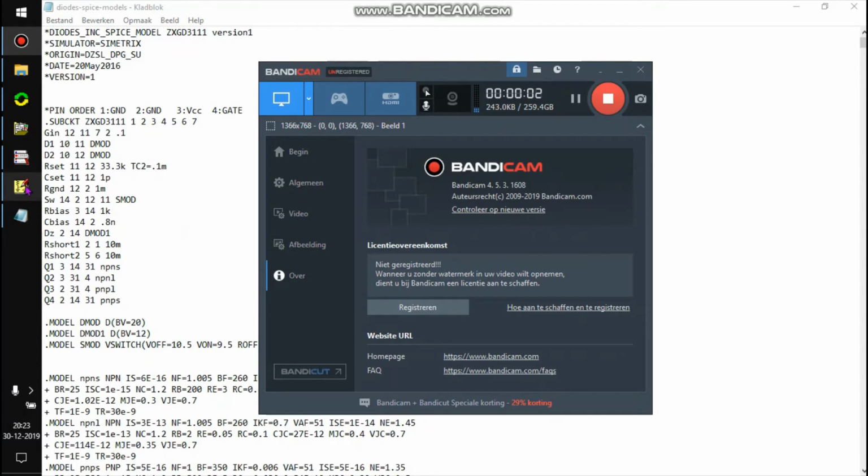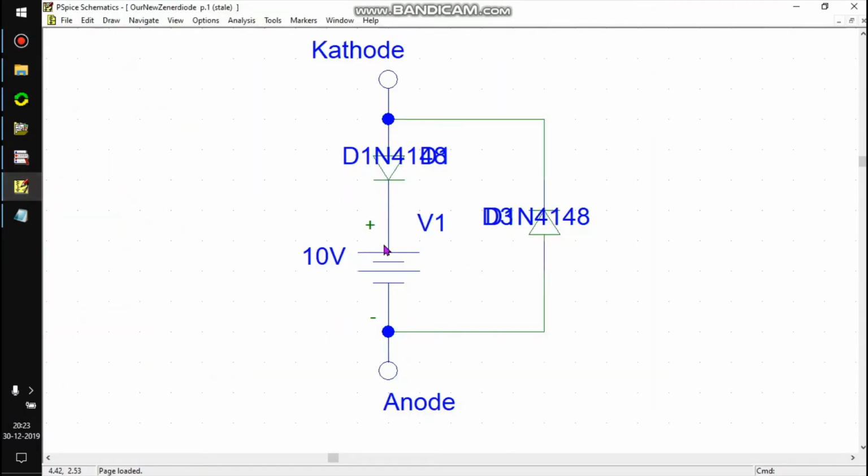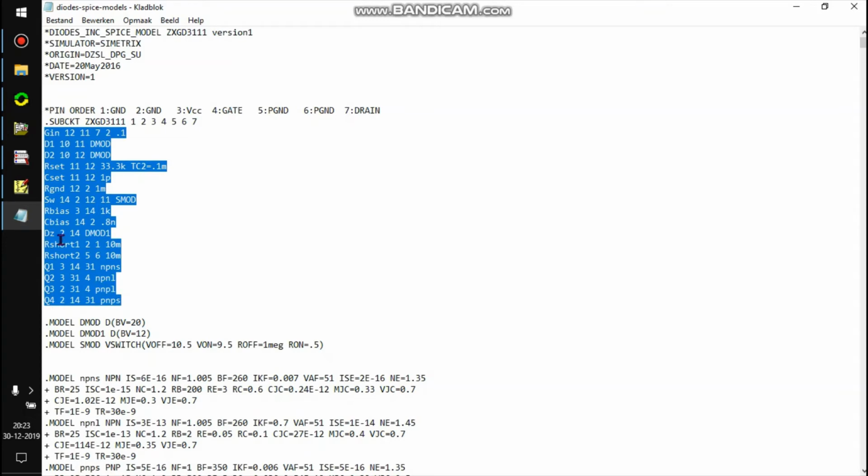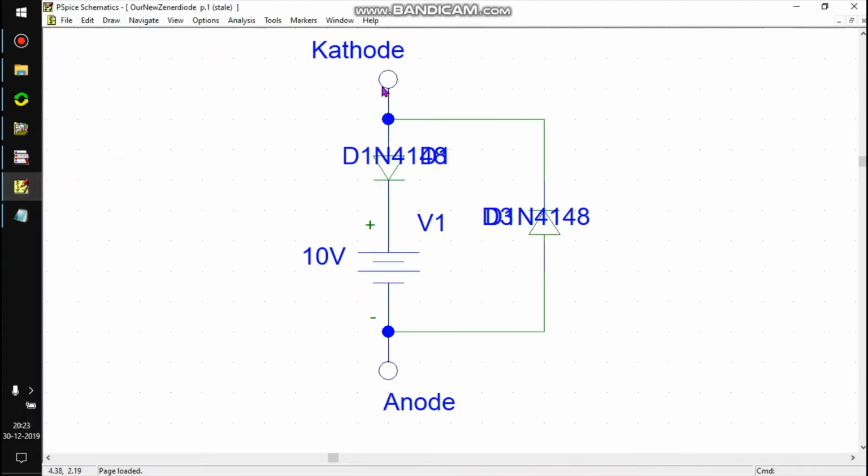So we want our subcircuit in a library, which we then can use as a part, just like in a real library, with only a few connections to the outside world and all kinds of parts inside. So you have just those outside world connections, and those parts are inside.